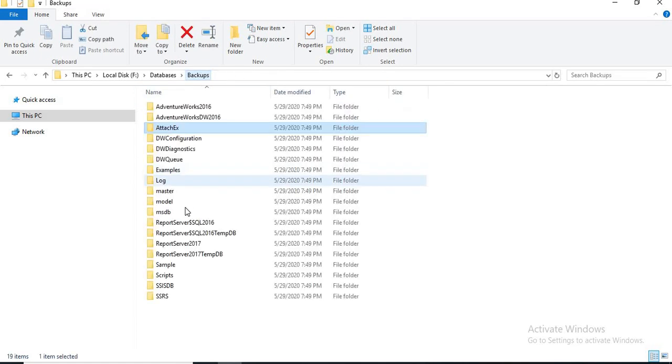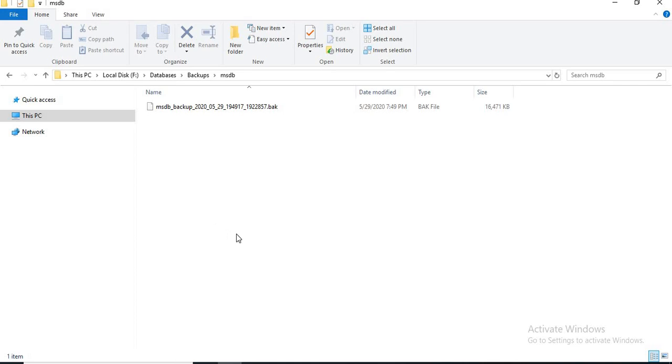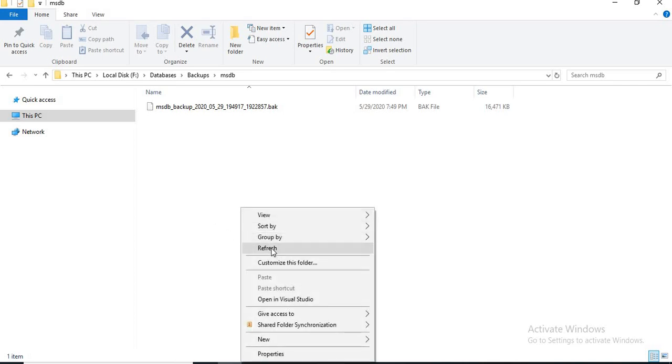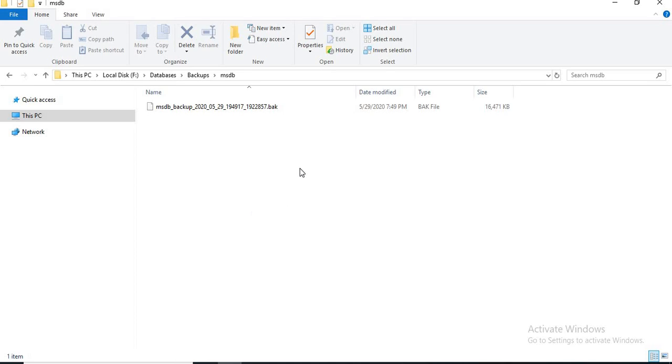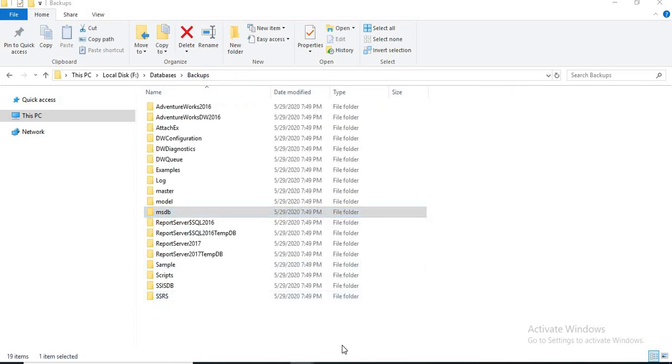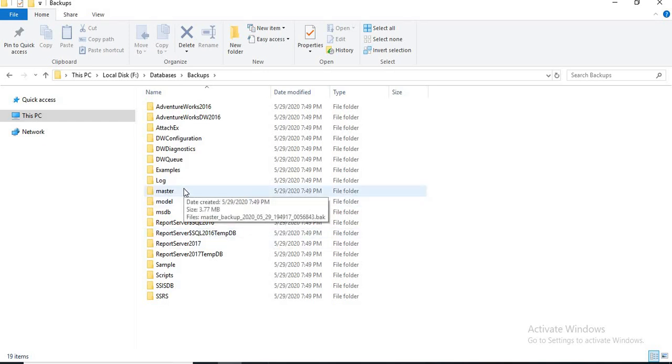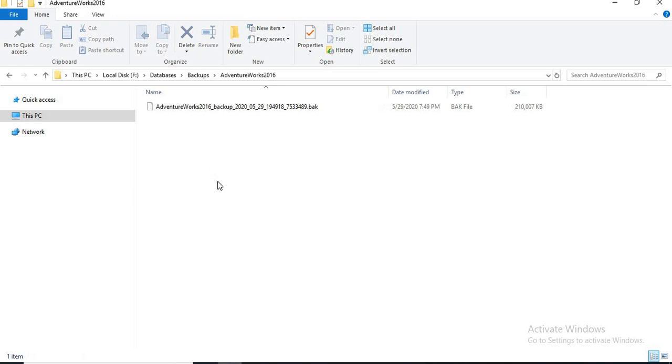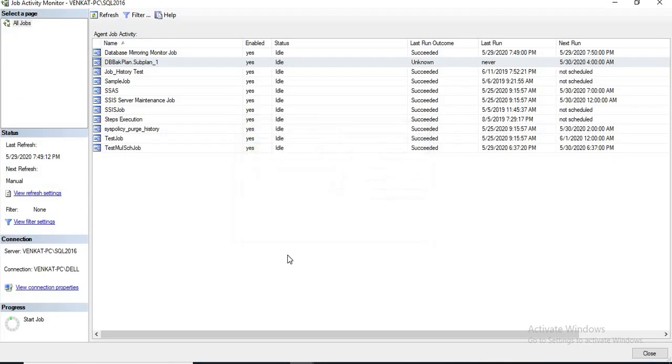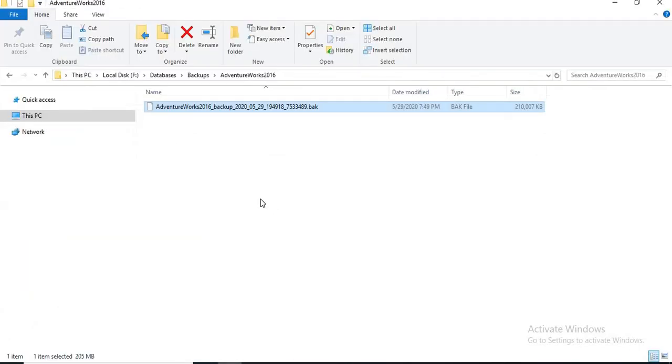It purely depends on the size of the database. If the database size is very small, it works much faster. Otherwise, it waits for some time. It takes some time. So now it's still running. Let it run. All 16-17 files will be created here. After that, the maintenance plan task will run. But unfortunately, the maintenance plan won't work today, because I'm just initiating it today itself, right now. When it runs tomorrow, it creates this file and it generates a new file. Now one file has been deleted and one file has been created here.